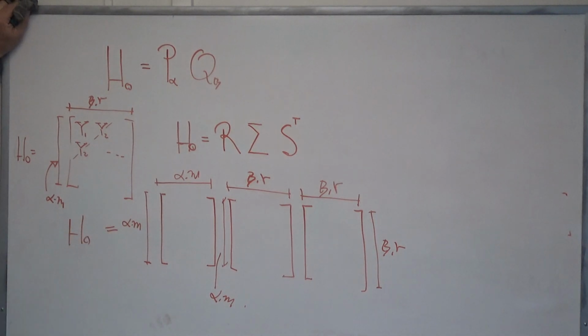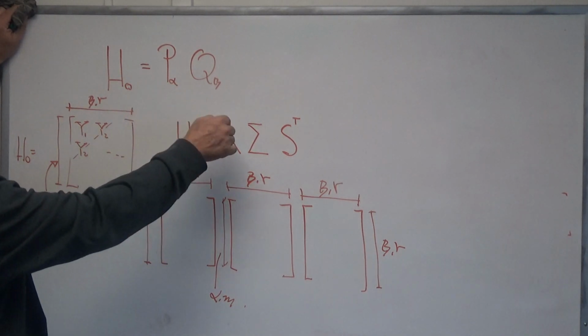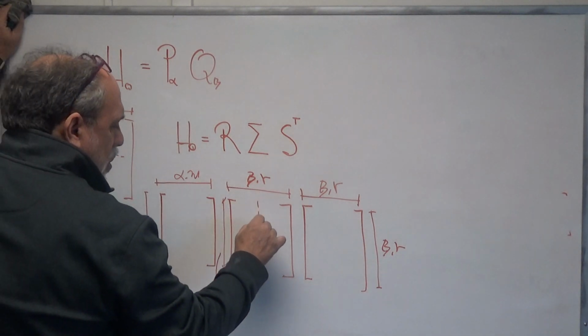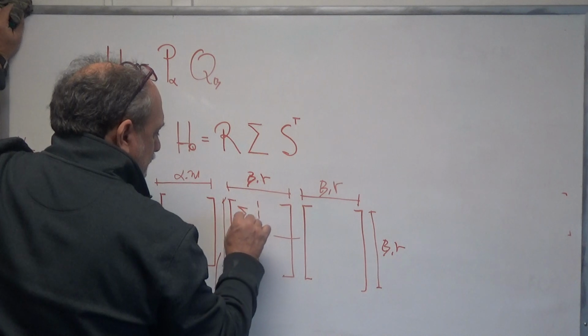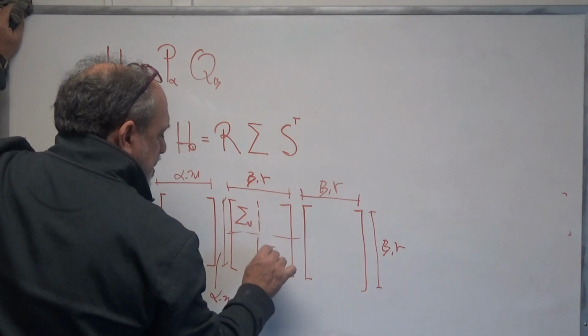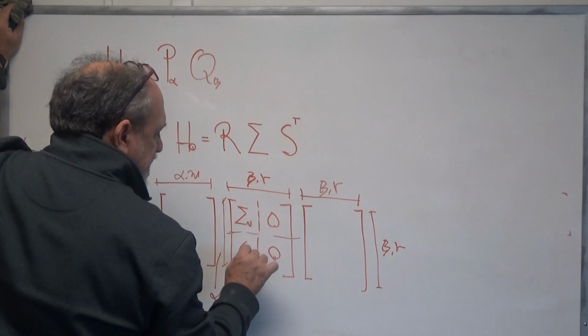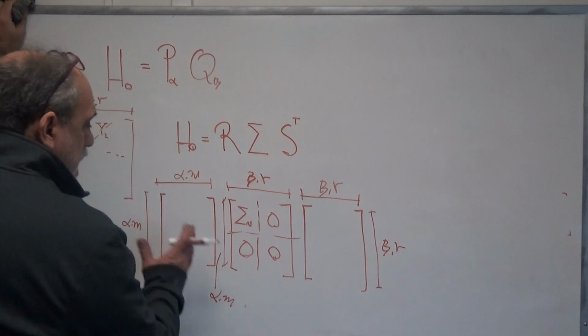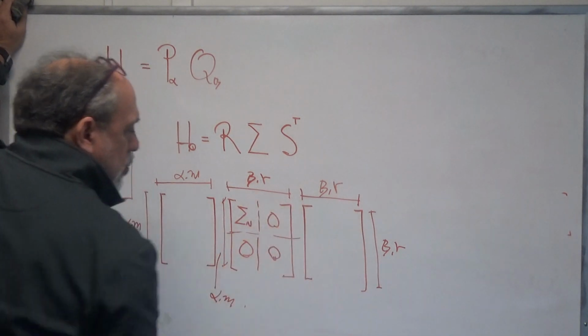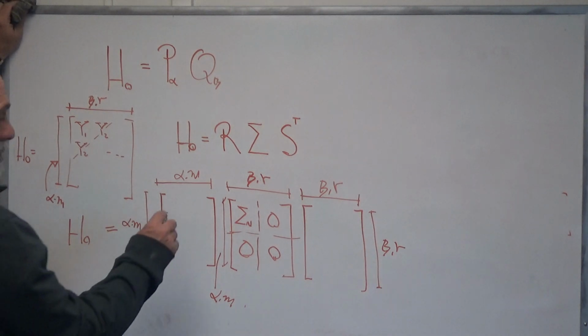Now, the matrix sigma, which holds the singular values, we've already shown is going to have to be of the form sigma n and zeros, because that matrix is diagonal, right? And since there are only n non-zero singular values, assuming that we've chosen alpha and beta large enough, it will look like that, right? We can then convince ourselves by the rules of matrix multiplication that of